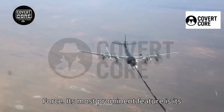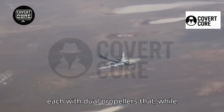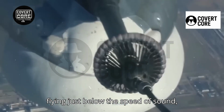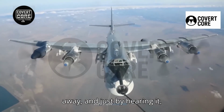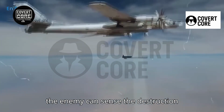Its most prominent feature is its 4 powerful turboprop engines, each with dual propellers that, while flying just below the speed of sound, produce a thunderous and intimidating noise. This sound can be heard from far away, and just by hearing it, the enemy can sense the destruction coming